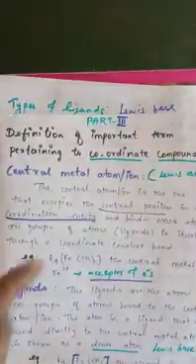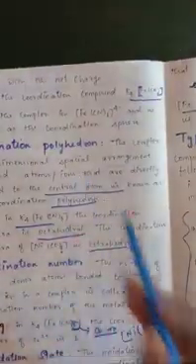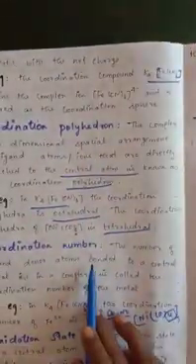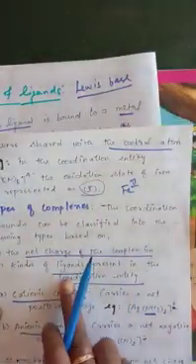So students, in this class we learned new terminology. What are the new terms we learned? Central metal ion, ligand, coordination sphere and coordination polyhedron, coordination number, and how we find the oxidation state of the central metal ion. And the types of complexes depending upon the net charge and the ligands present inside the square bracket: homoleptic complexes as well as heteroleptic complexes.